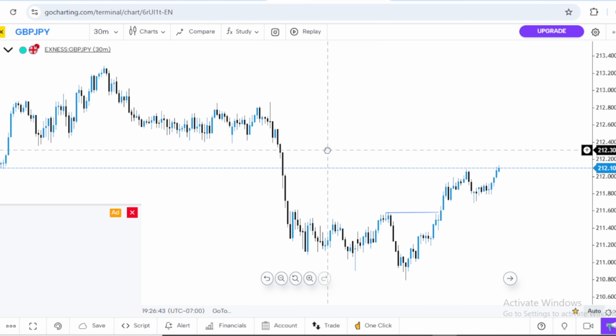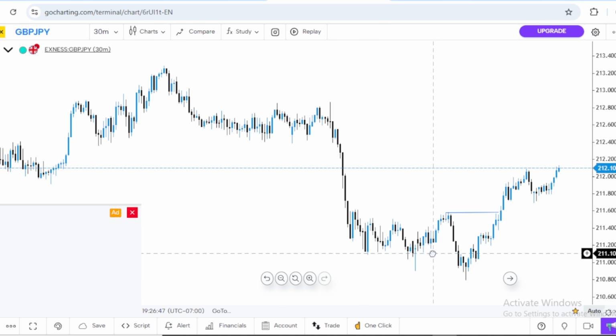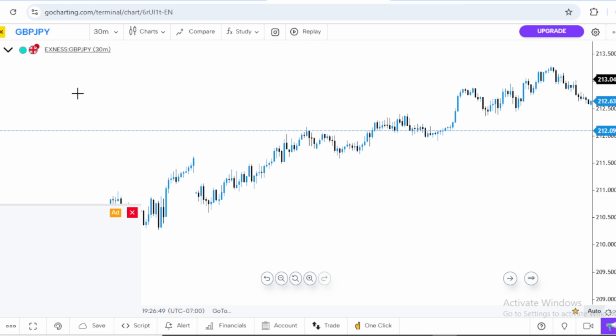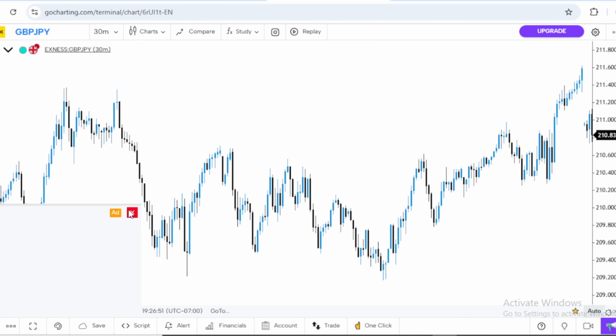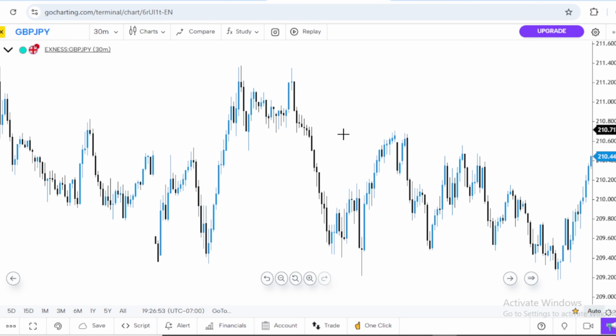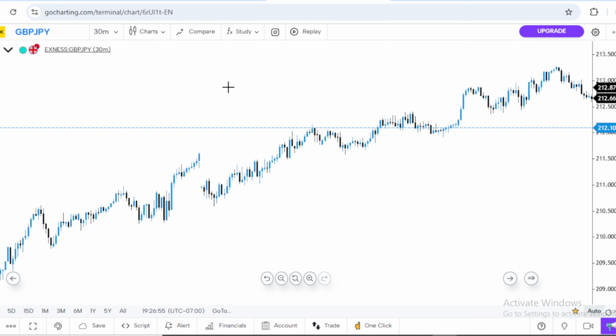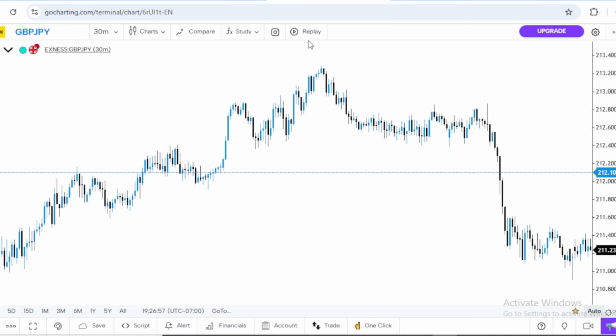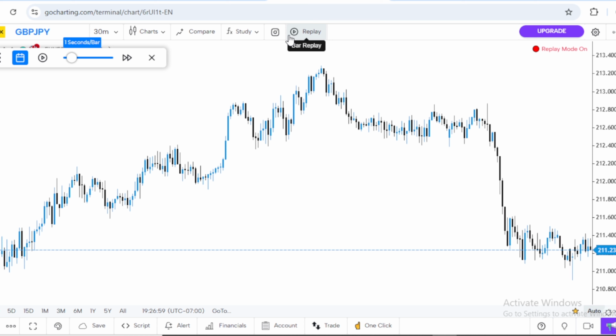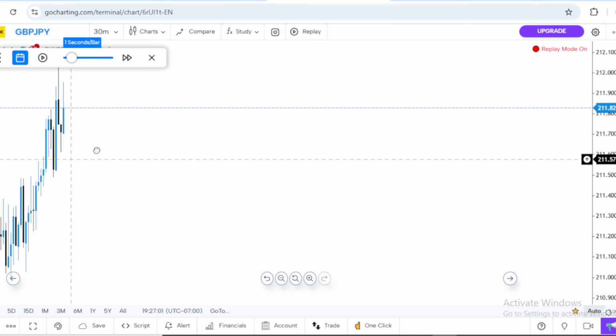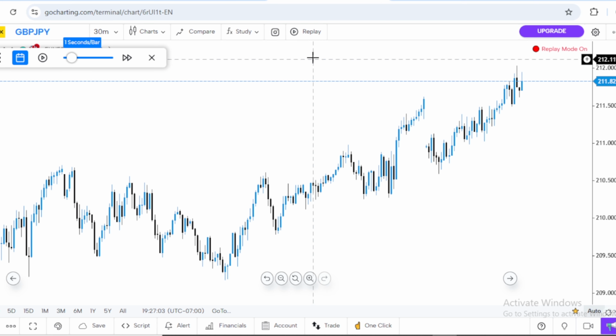So you can see it now how we have done this. You can follow this simple example and design your own also, fix your own. And if you want to replay, here is the replay. You can go as far as 2014 and replay from there. You double click on it. When you click on replay, you double click on that particular place you want to backtest your strategies from.